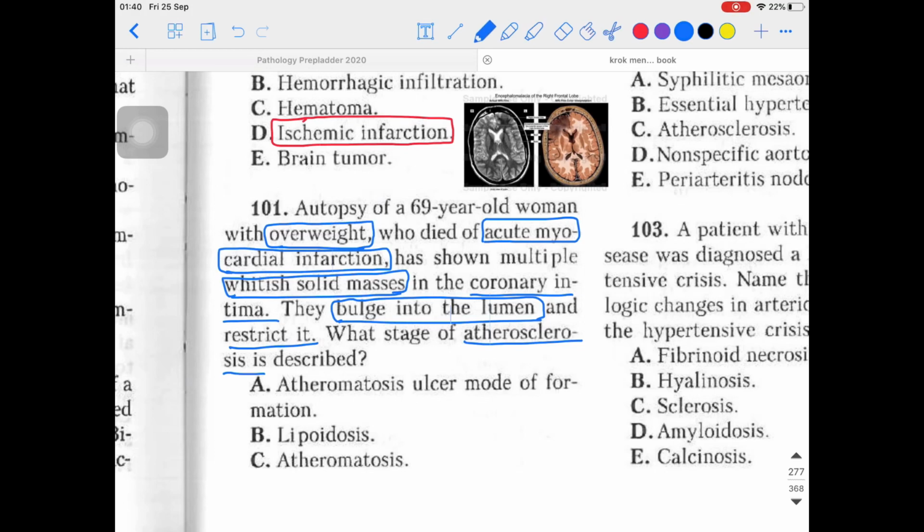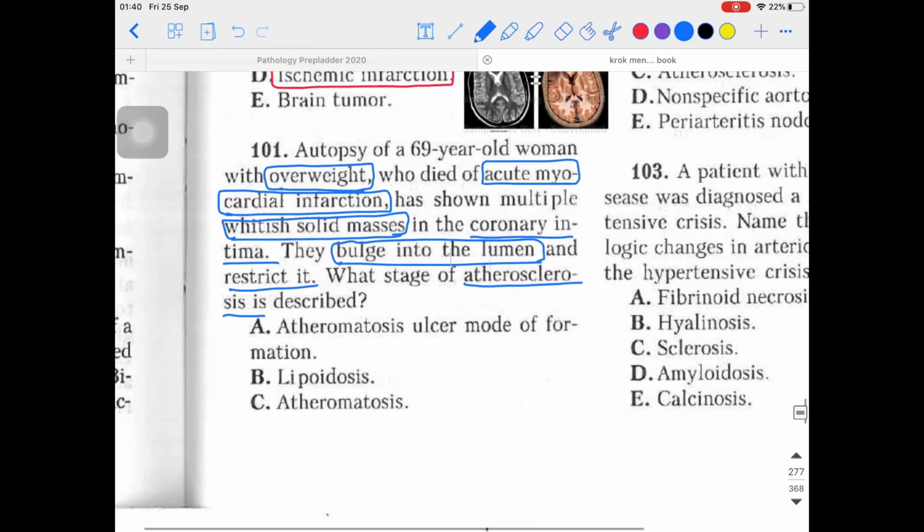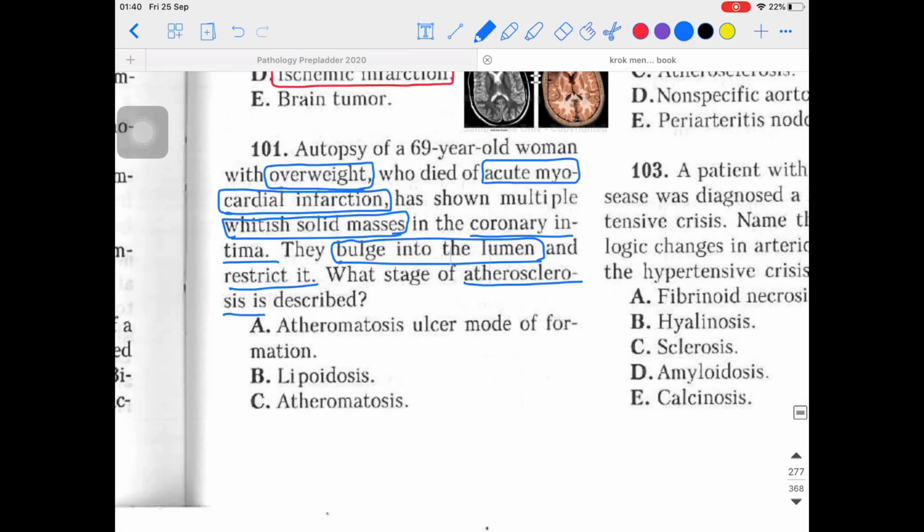Let's say, I hope that you are aware of the layers of the blood vessels. You must be aware from histology that we have the tunica externa, tunica media, then tunica intima. Now tunica media is the middle layer, tunica intima is the innermost layer. Whenever there is some kind of death of the tissues, cytokines will accumulate over there. After the accumulation of the cytokines, they will stimulate the proliferation of smooth muscle cells. Now what will happen then from the tunica media?